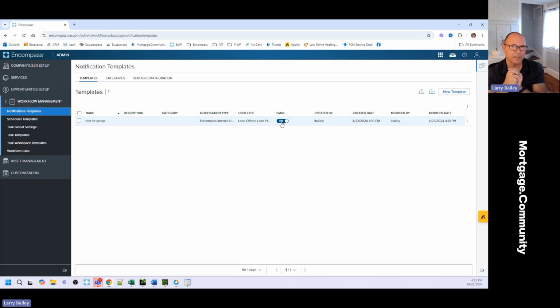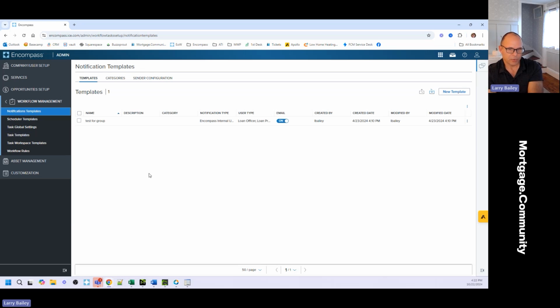Another one for post closing is a missing closing package. If it's been X number of days after the closing and you don't have the closing package back, what's going on? That's a scheduler. And the results for these can be notifications like we talked about, but you can also use the scheduler to end up in other results, such as creating tasks, right? So it's not just about using the scheduler for notifications. That was the topic of our conversation today, but you can also use the scheduler to write workflow rules to end up firing tasks as well.